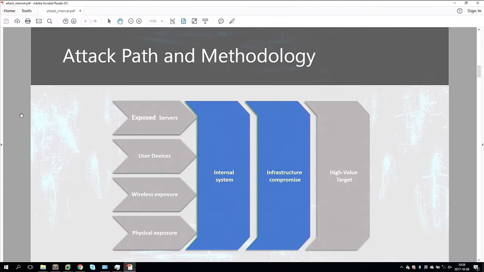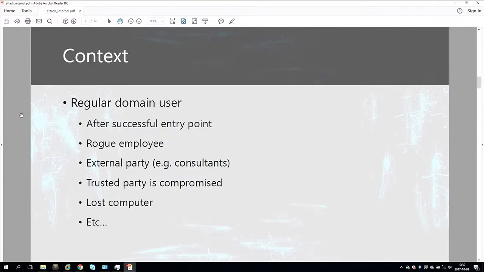So we're going to act in this context. We're going to be a regular user in a typical Windows domain. This is the case if you're a threat actor that managed to get an entry point to infect the client, for example, and act in the user context, or we can already be an employee that wants to do malicious activities in the network, or we can be some other external party that has an account and